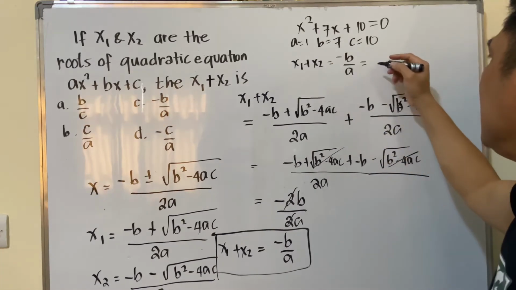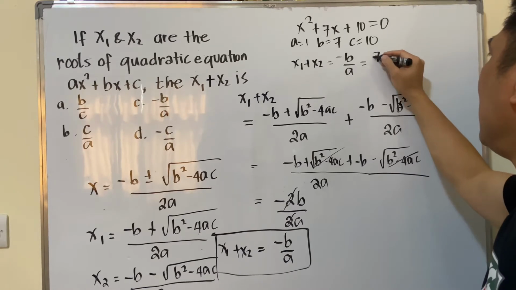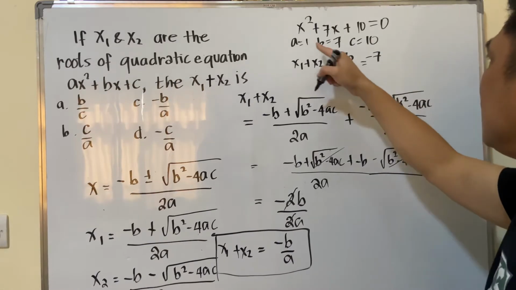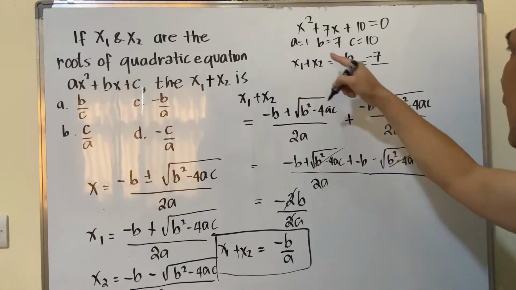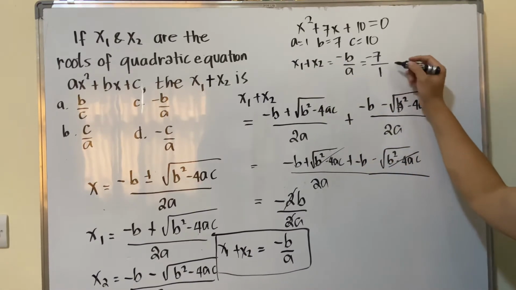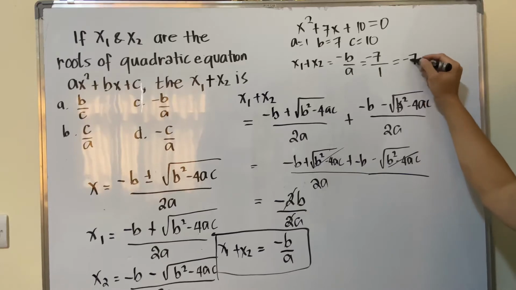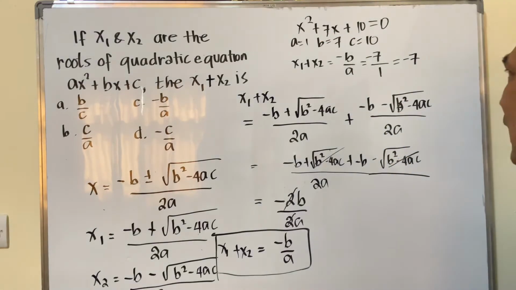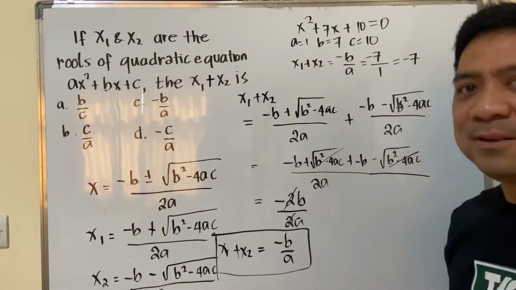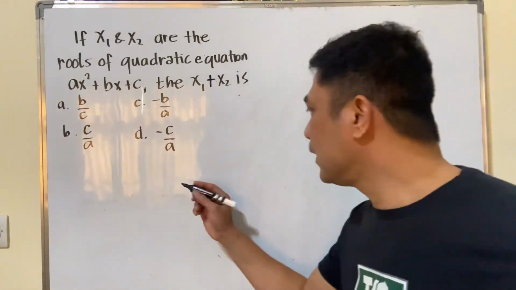So over b is 7, negative 7, since negative b over a, and our value is a, so that means this is negative 7. The sum of the roots of x squared plus 7x plus 10 is negative 7. Okay? For example here, we have